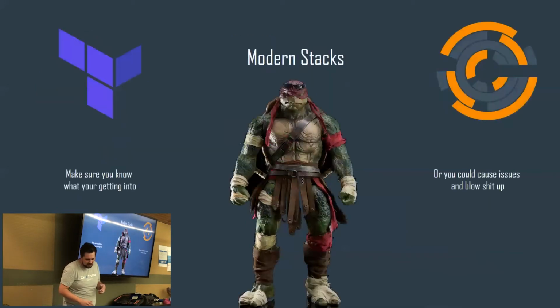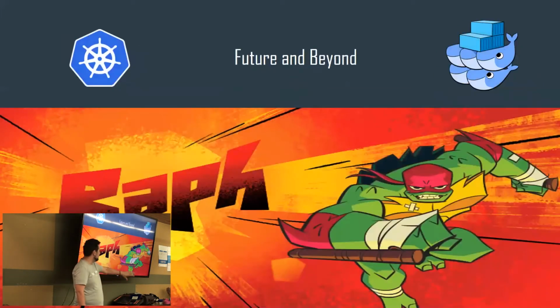And then, as we evolve, right, even Raphael evolves. Whatever you're going to choose, whether you use Terraform or Chef or any of these modern stacks, just know what you're getting into, or you could be like Michael Bay and end up blowing stuff up. I mean, this doesn't even look like Raphael now. In my mind, this doesn't even look like what I pictured him. It's not even close. And the future and beyond, what our conception of DevOps is now is going to be completely changed. Like, this guy doesn't even look like Raph. He's not even holding a sai.